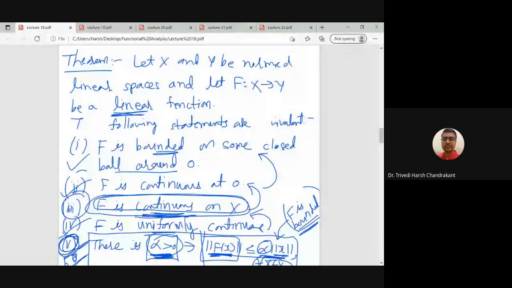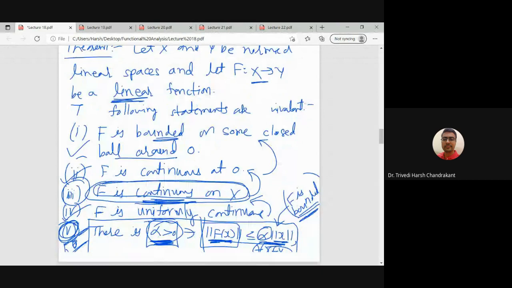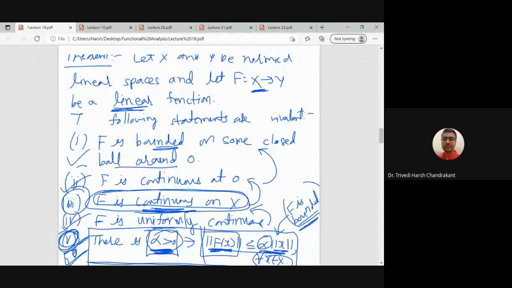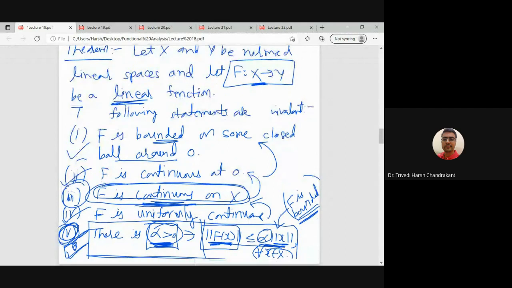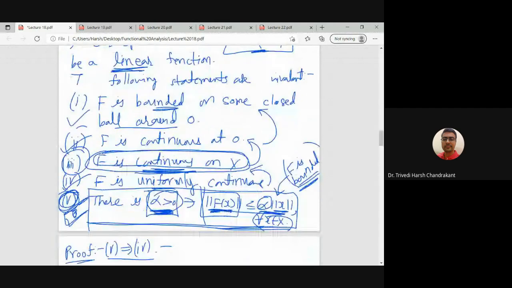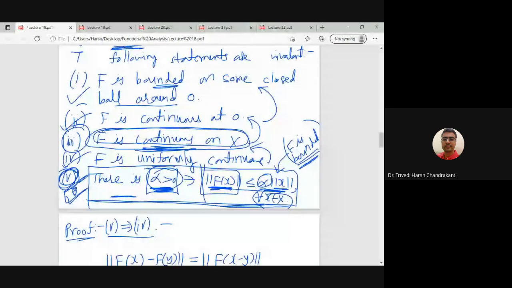Right, so in general we are not assuming that x is finite dimensional, x may be infinite dimensional basically in this theorem, because if x is finite dimensional and f is linear, then such a function is always continuous. So when we have a linear function from normed linear space x to normed linear space y, it is continuous if and only if this last condition is satisfied for some positive number alpha, and all of these conditions are equivalent to this condition